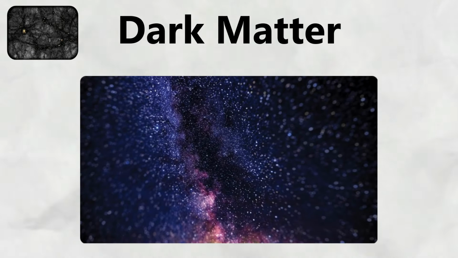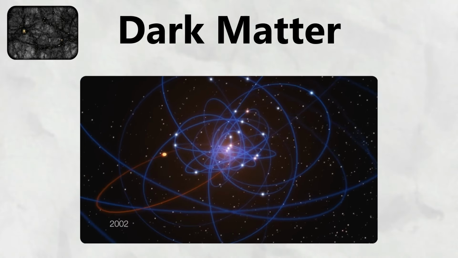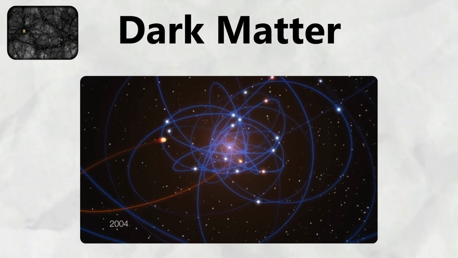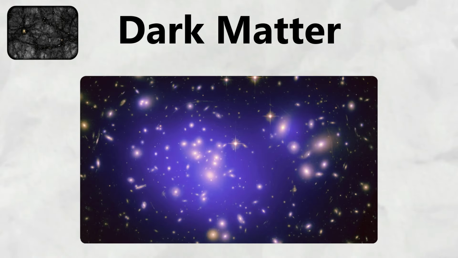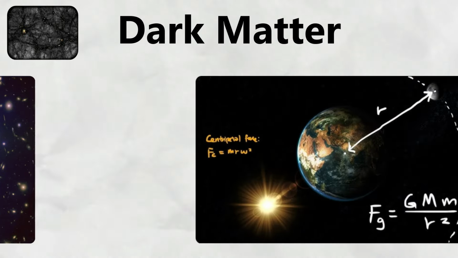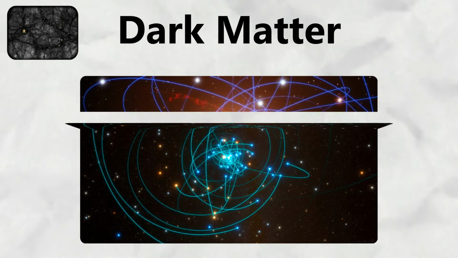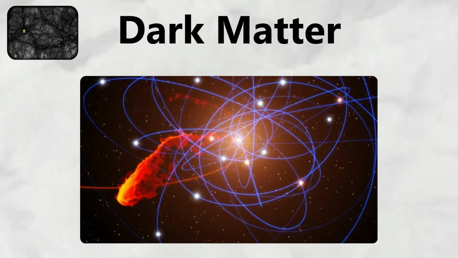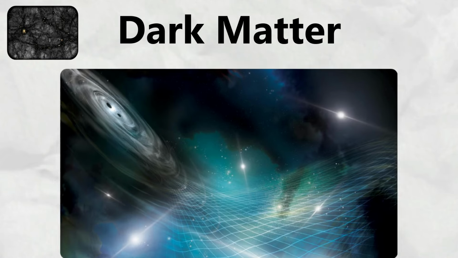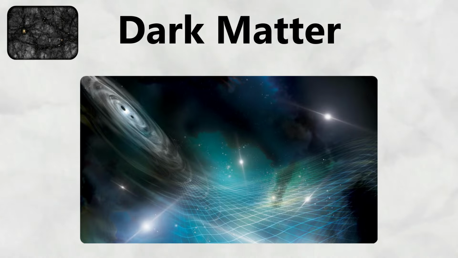The evidence for dark matter comes from multiple astronomical observations. When astronomers measure how fast stars orbit around the centers of galaxies, they find these stars are moving much faster than they should be based on the visible matter alone. According to Newton's laws of gravity, stars at the outer edges of galaxies should orbit slowly because there appears to be less mass to hold them in orbit. Instead, these outer stars maintain high orbital speeds, indicating there must be additional invisible mass providing extra gravitational pull.